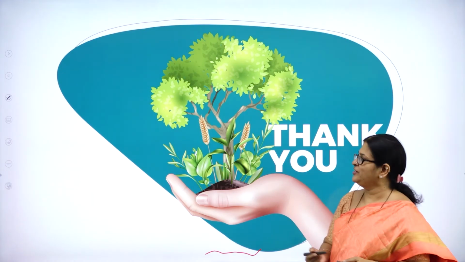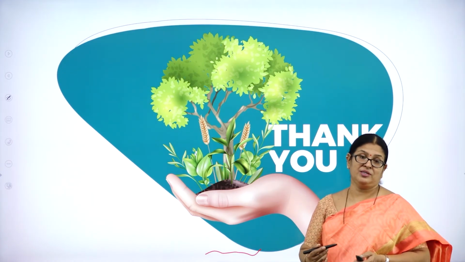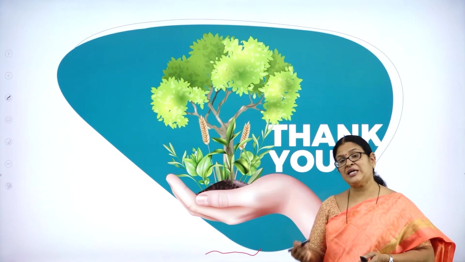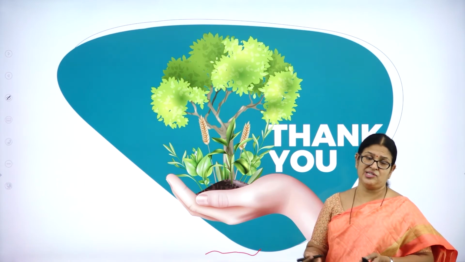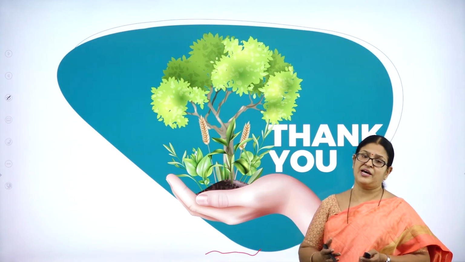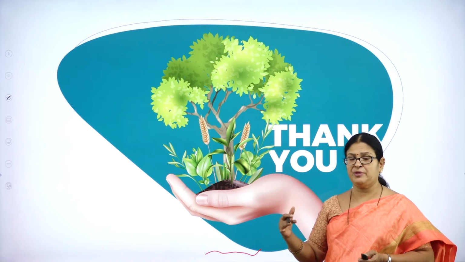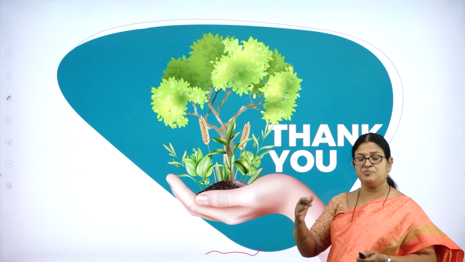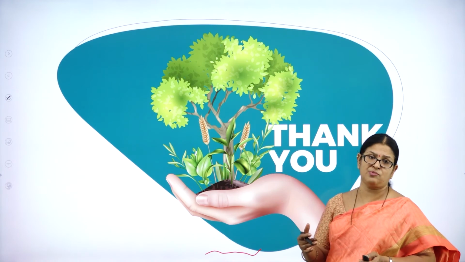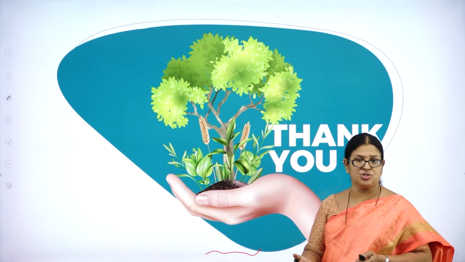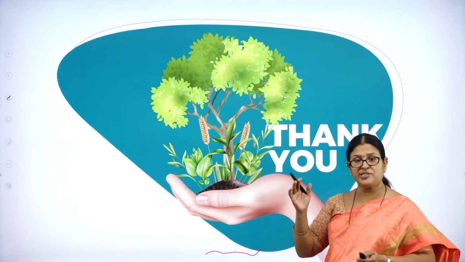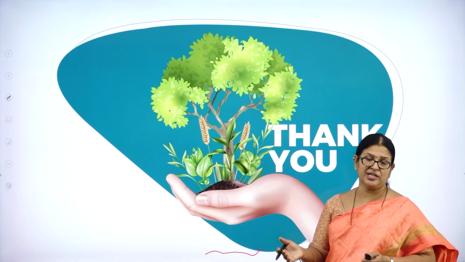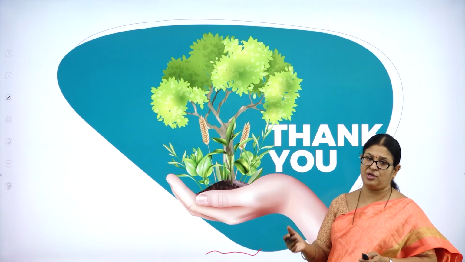Hope you have understood all the concepts that I have explained in today's session, that was about the modifications of root. So other than the usual function, see how beautifully the plants have come up with their strategies. As I said, half of the flowering plant is divided into the root system, which is below the soil, and half of the plant is the shoot system, which is above the soil. The root system, as I said, is very much involved in fixation firmly to the soil, and in conduction and absorption of dissolved mineral solutes.